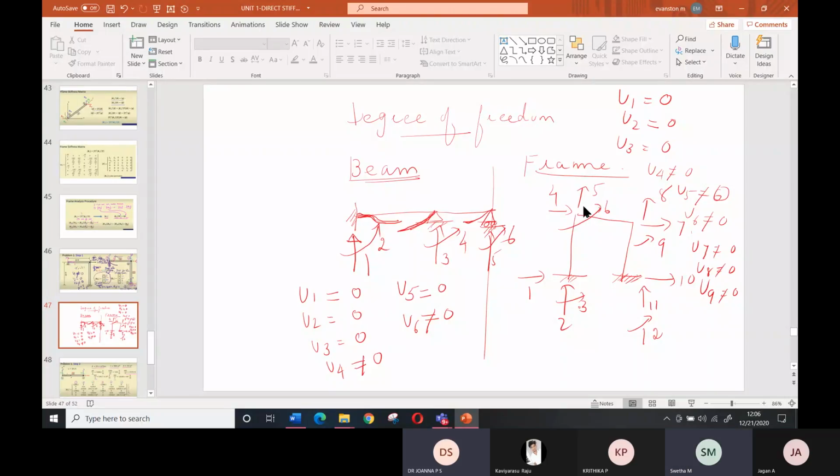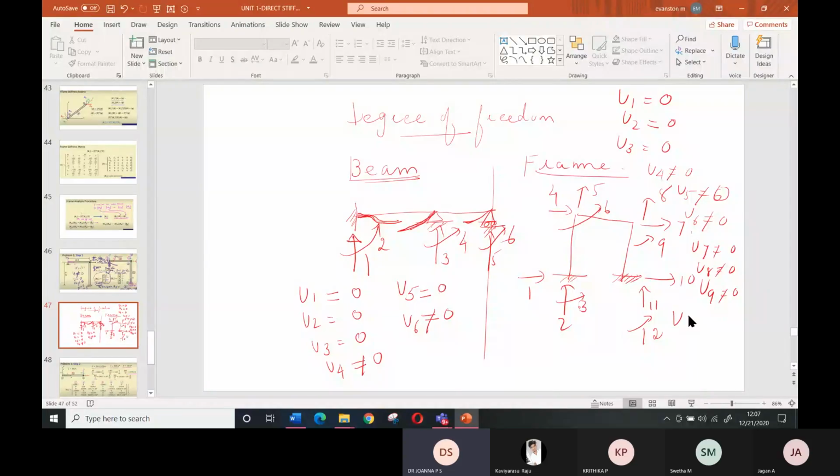You take for example a tree. The wind is moving on the tree. What will happen? The side sway will be more. It will sway sideways, but vertically it can't come down much. Maybe it may get compressed by a little amount. So that is the meaning of that. So U9 is not equal to 0.